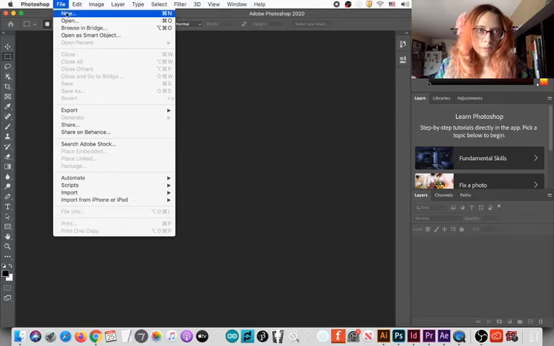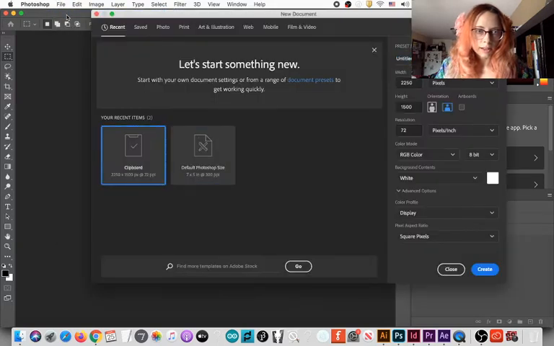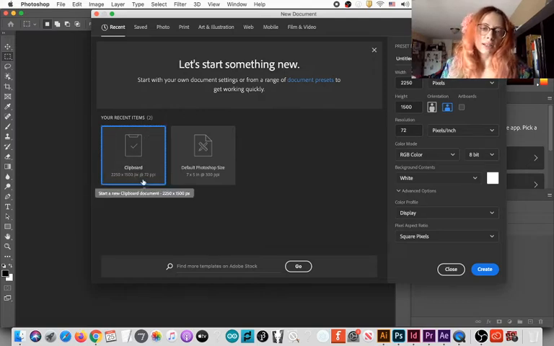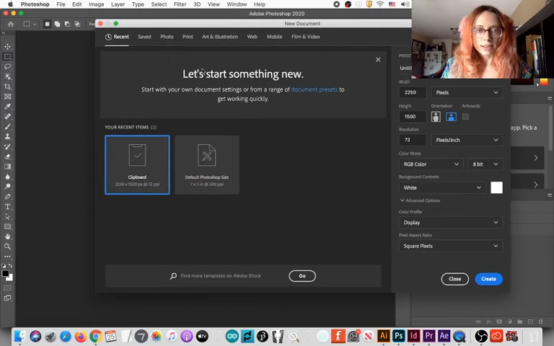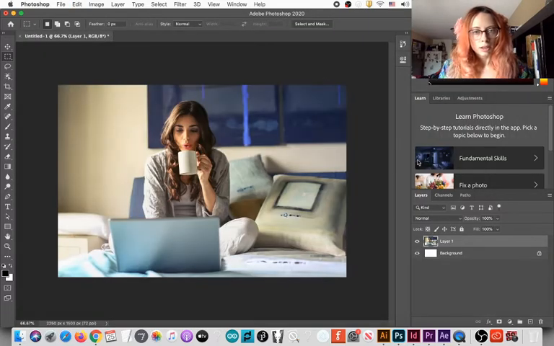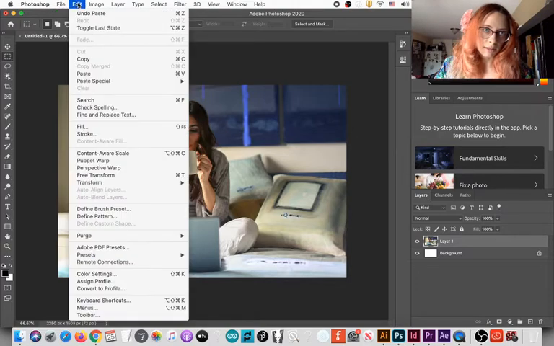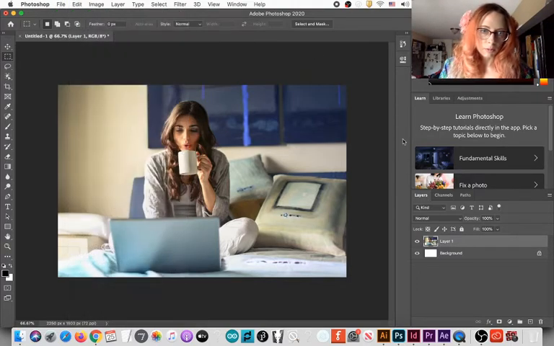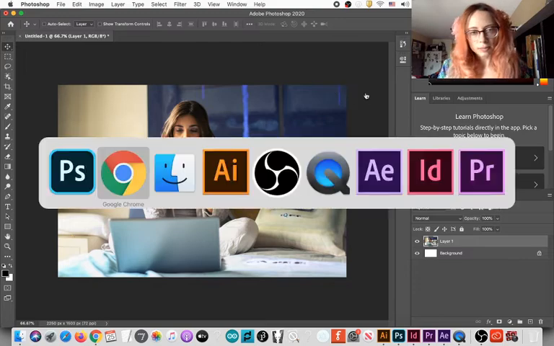When I go to Photoshop and I open a new file, it's very smart. It knows the shape, it knows the size of the image I just copied from the internet, and it gives me a preset that is exactly the size of my clipboard. That's a good size for me. I will use it. It's pretty big. And Command V or Edit Paste will put this picture on here.